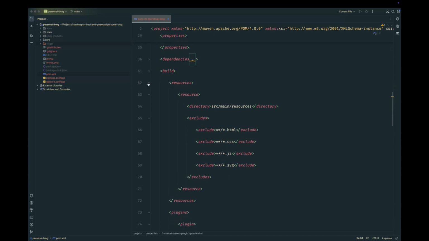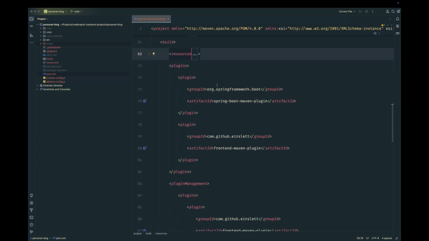Now if you can see in build, this is the resources tab, and here we are excluding all the HTML, CSS, JavaScript, and SVG files from resources directory. So we don't want Spring Boot to copy these files into the build or target directory. Instead, we would like NPM to generate HTML, CSS, JavaScript, SVG, these kind of files. So for that, first of all,